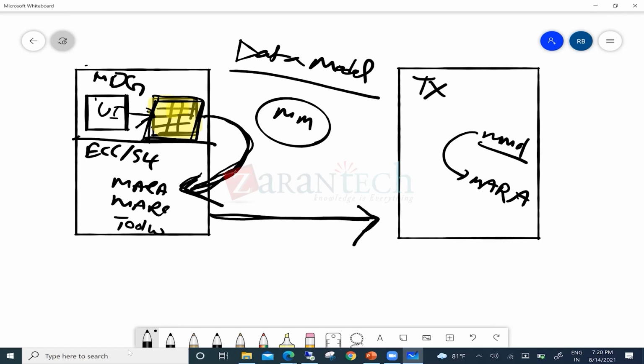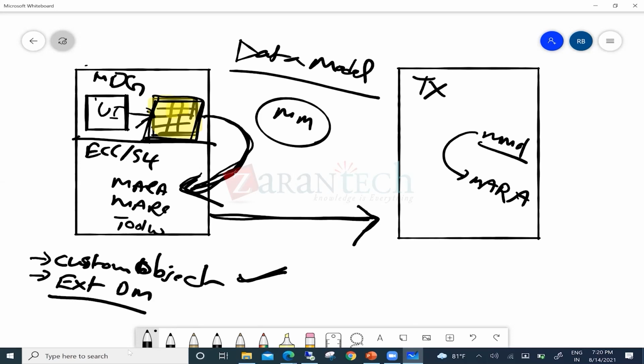Okay, so in this entire course we will be discussing two cases. One scenario is building our custom object using MDG processes. This is the one I'm explaining in this whole process because it gives you an opportunity to create your master data from scratch. So what are the things that we need to take care of when you are building some custom masters? And after that, the next scenario we'll be discussing is extending the standard data models,